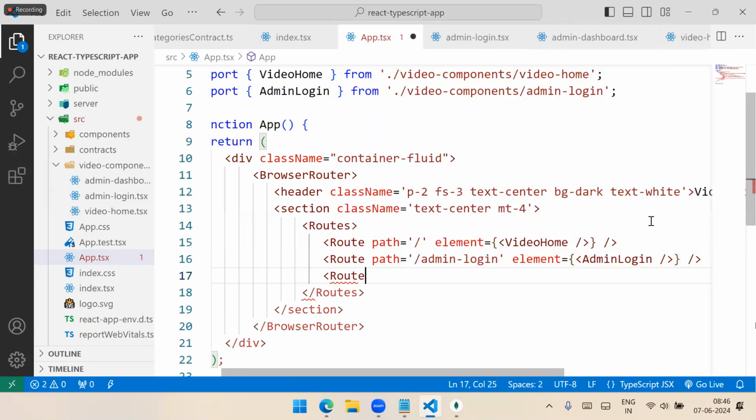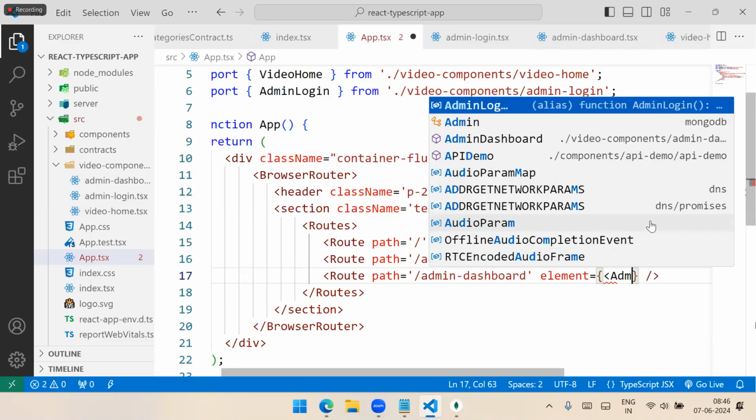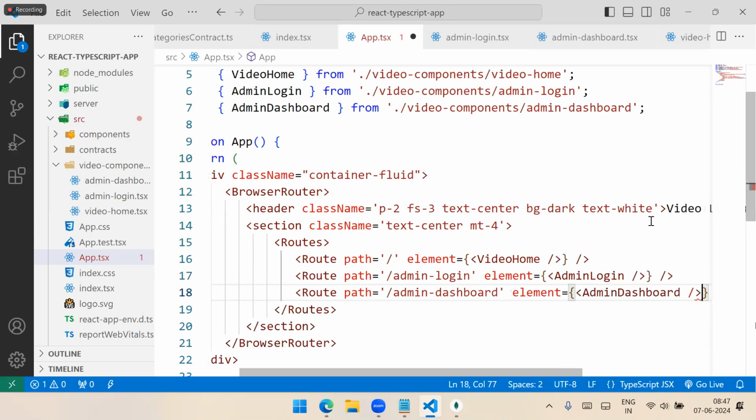We need another route path, /admin dashboard, and we have an element. So, the admin dashboard we need to create. Okay. So here, in the initial screen, it will start with